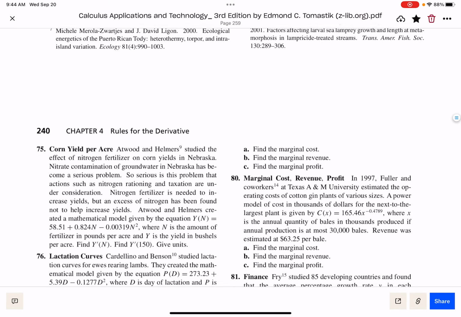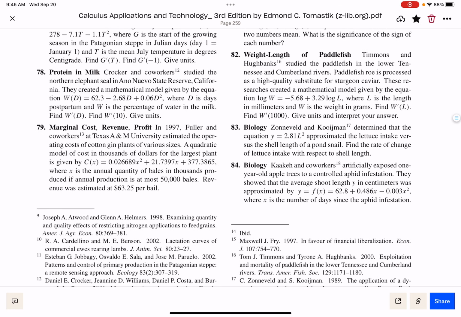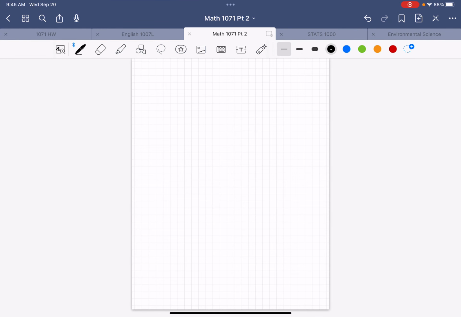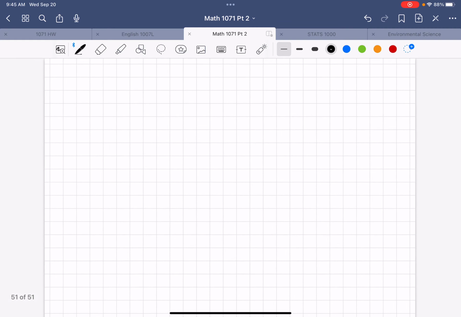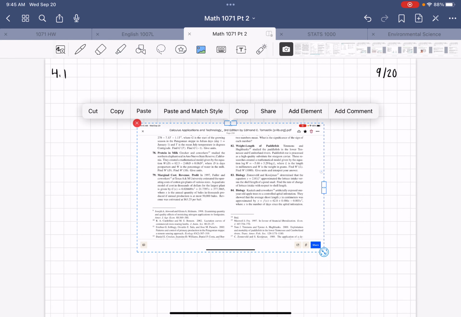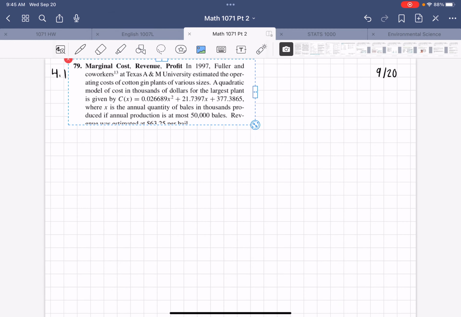A quadratic model of costs in thousands of dollars for the largest plant is given by, here's your cost function, C of x is 0.02668 x squared plus 21.7397 x plus $377.3865. So this is supposed to be an actual model,